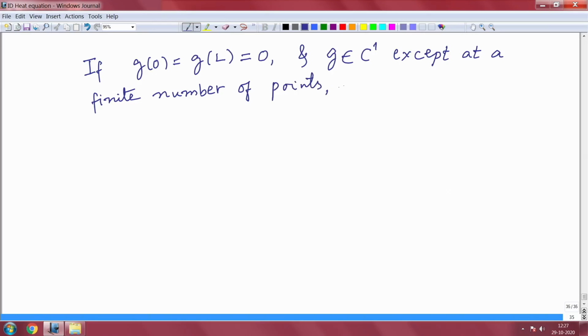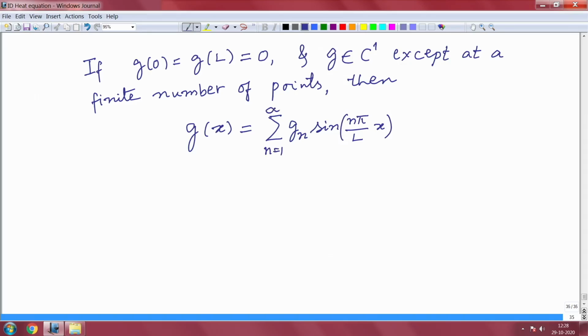So, then g is expressed as a Fourier sine series, and the series is convergent to g x. In general, a Fourier series you can always form, but that may not converge to the function. So, there are some conditions required, and the Dirichlet theorem provides sufficient conditions for the convergence of this infinite series, the sine series,